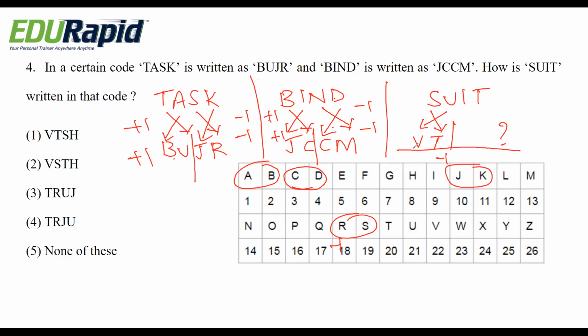So in exam, if you don't have time, just compare the first two terms, the first two letters, VT. Here VT is starting only with option 1. So easily you can put option 1 as the right answer. Like that also you can do.